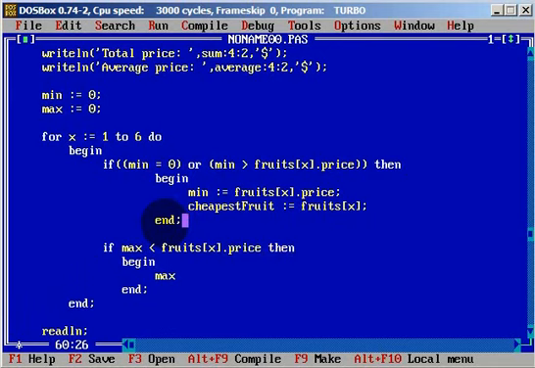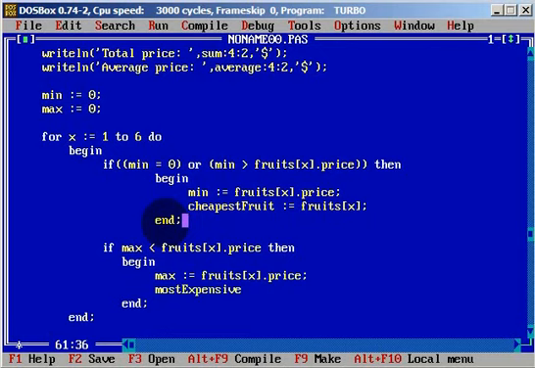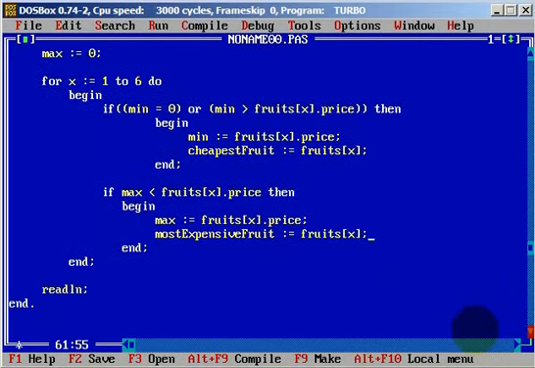and let's define the maximum. Maximum will be equals fruits of x dot price, and let's define most expensive fruit. Will be equals to fruits of x. Okay, this should be good. With this for loop we found our cheapest and most expensive fruit, which was not too hard. And now